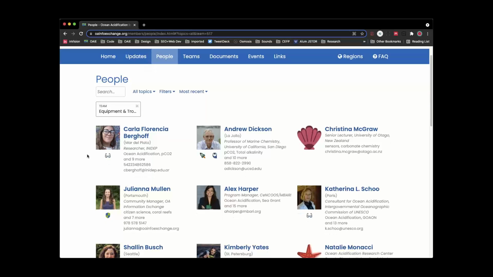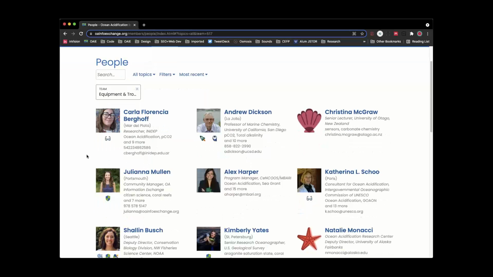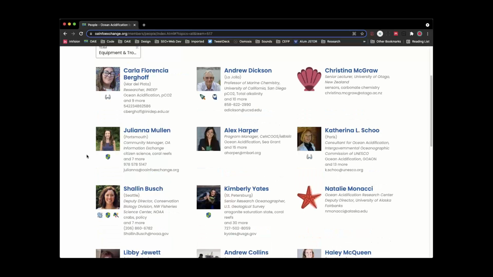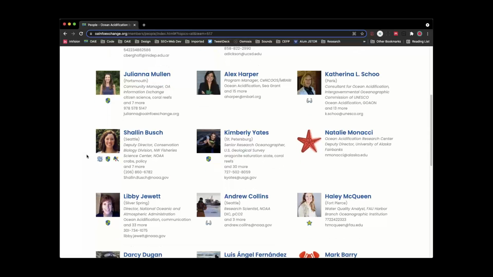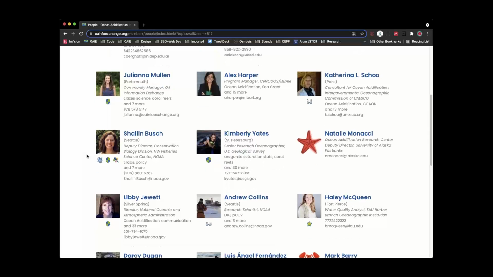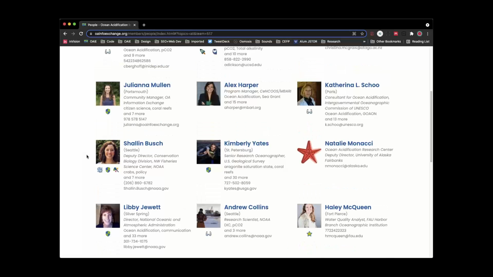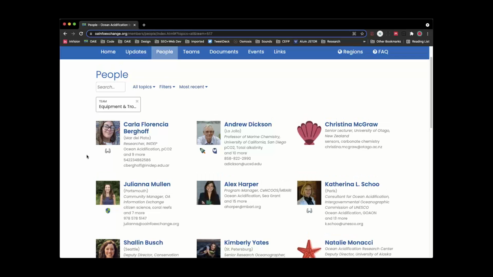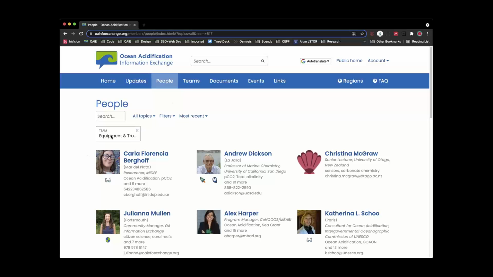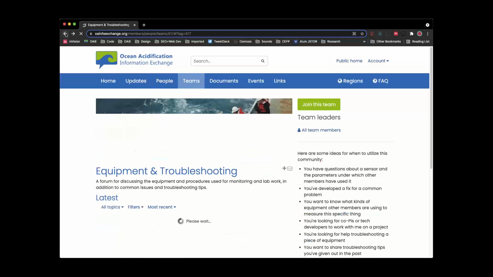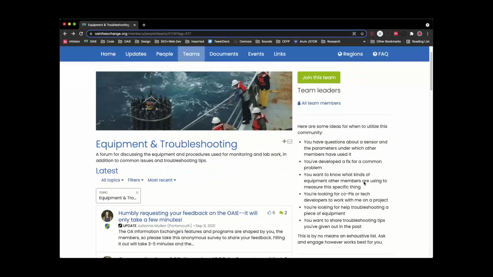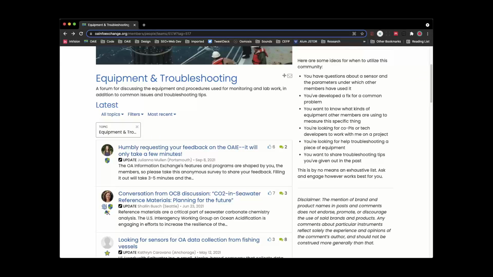You can also go to this little tab right here and see all the people that are members of this team. Maybe you're looking for someone who knows a lot about equipment and troubleshooting, and you want to see if there's someone here that you want to reach out to. Maybe you'll find some friends who were in here who you didn't know before, and you can start up a conversation that way. If people put their contact information in their profile, they're pretty much okay to be contacted. You can feel free to reach out to them. Don't be shy. It's a really great way to get to know other folks who have the same interest or who are experts in their field.